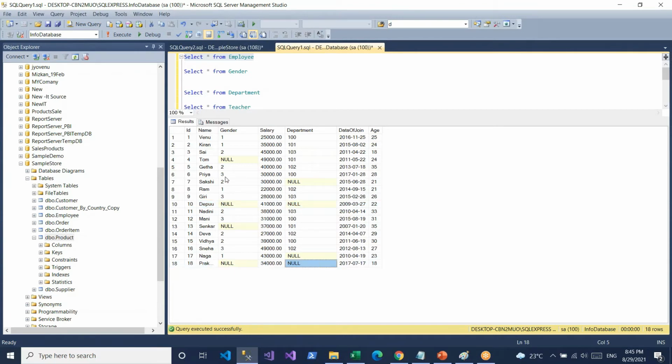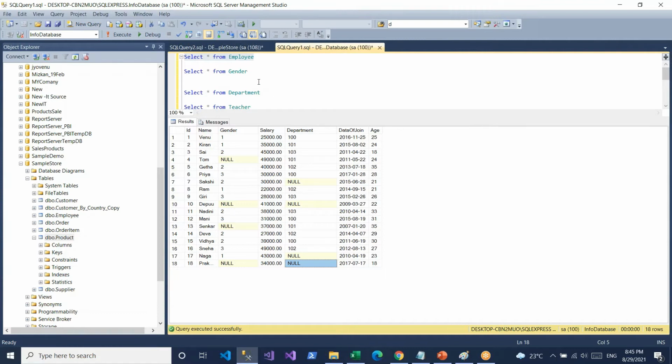No gender, no department. So out of these 18, if I ask who has no gender and no department, how many will come out? So observe this data. Based on this data, I will write join queries.